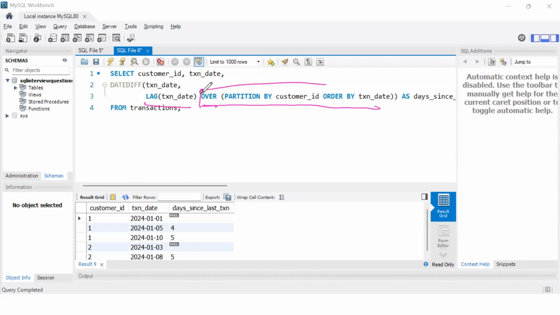As soon as we write over, it means it's a window, and we are going to use window functions. So here I have created the window, partition by customer ID and then order by transaction date. Once I have the window, all I'm doing is adding the lag function to it. This will return me the output which I showed you on this slide. And then we are simply subtracting the two. I hope this is clear.